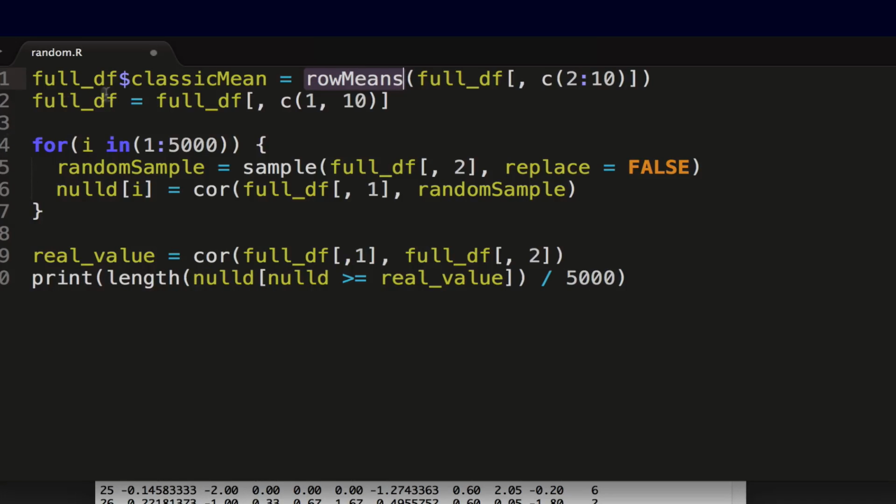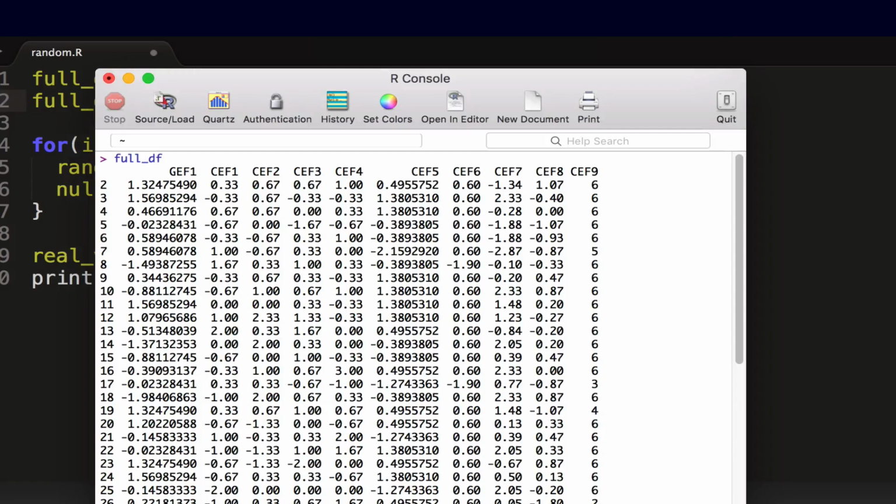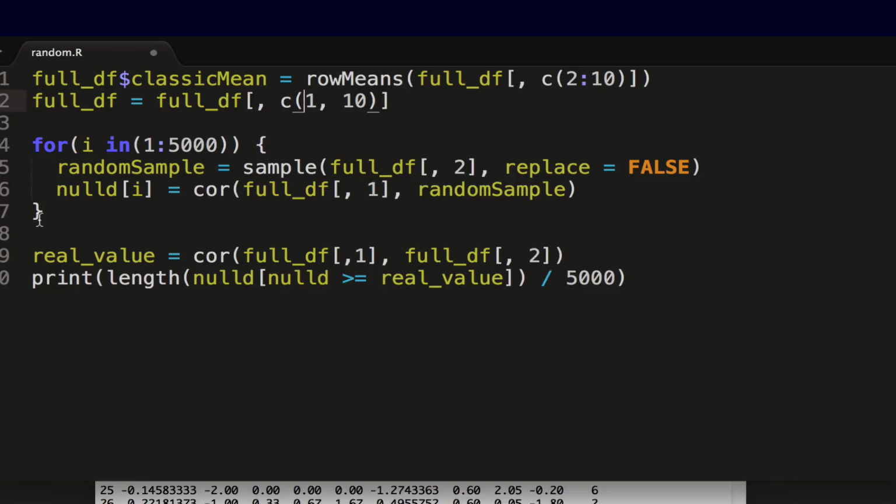Once we've got those, we're going to say we want to keep all the rows, so we're leaving this here, but we only want to keep column 1 and column 10, because we can get rid of all these classic measures now that we've calculated the mean, which we actually want to use. And then this is the meat of the resampling